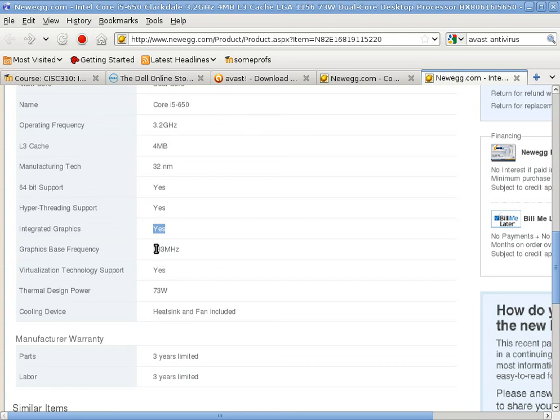Graphics base frequency, once again, is irrelevant because we're putting together a gaming system with its own dedicated graphics card, so this part is not important. Virtualization technology support depends on what you're doing. For me, it is important because I run virtual machines. I run Linux as my host operating system, and then I can run a virtual machine, then I can run Windows, FreeBSD, and